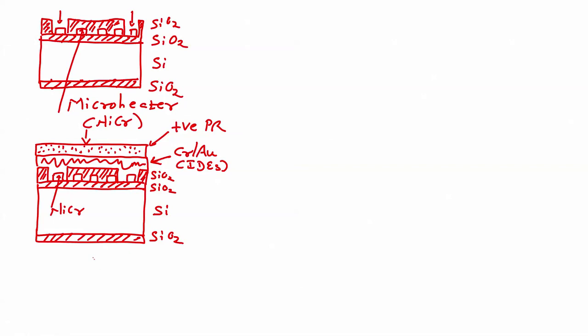Next step will be soft baking or pre-baking. Soft baking or pre-baking, we know it is 90 degree centigrade for 1 minute on a hot plate. After this, the next step would be